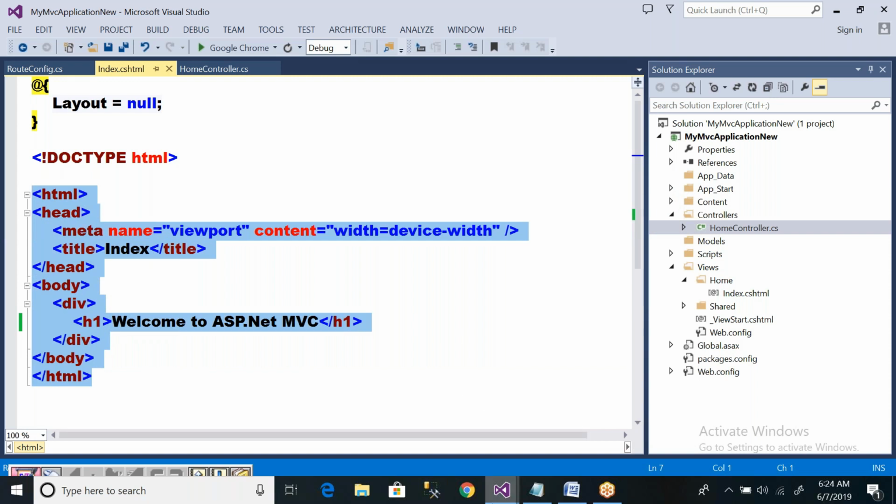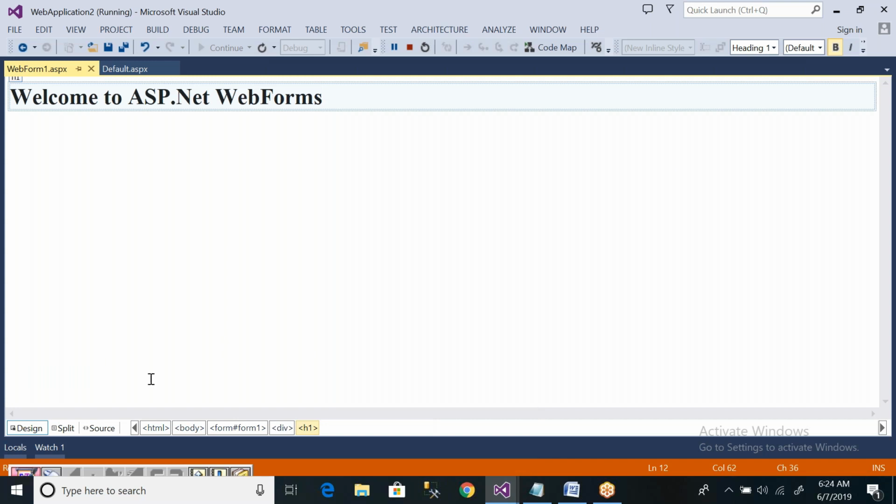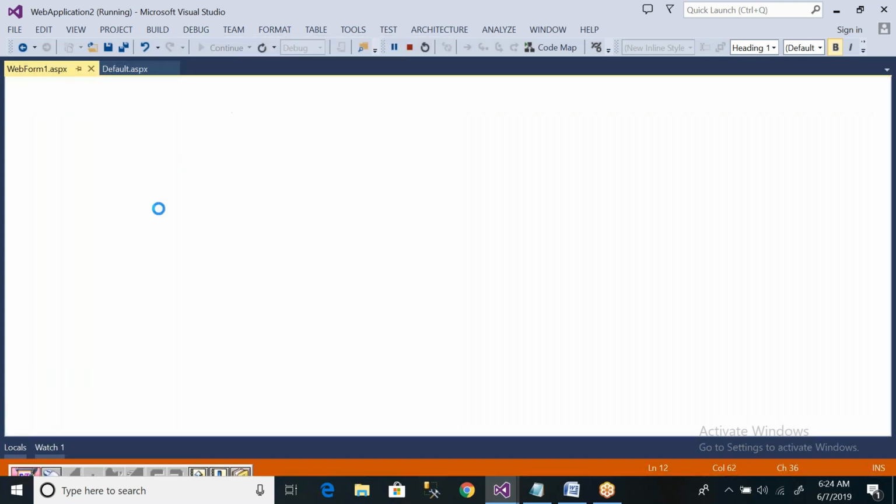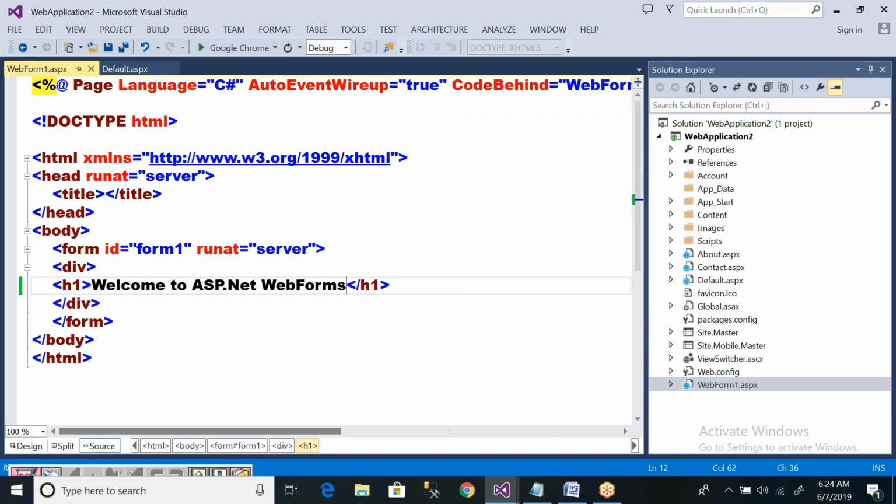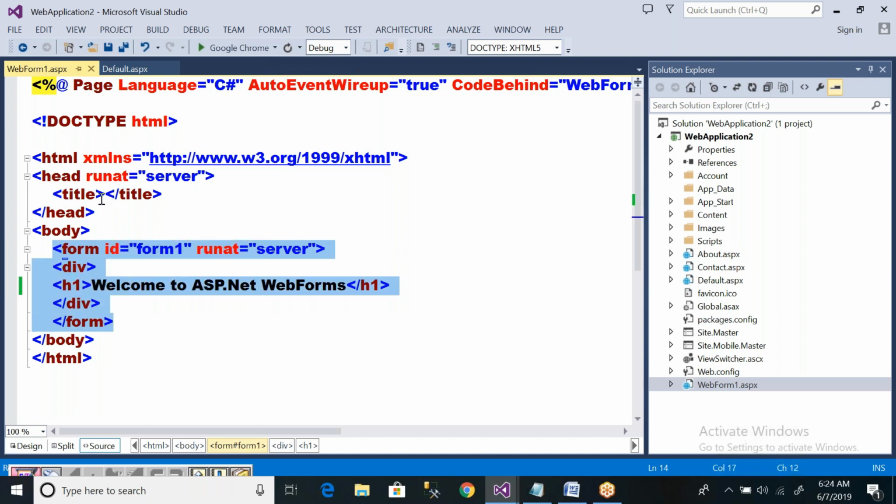But when you take your ASP.NET Web Forms application, you can observe the source code will contain an attribute called runat equal to server. The form is runat equal to server. Are you clear? Here head is completely runat equal to server. Whenever runat equal to server, it means server side code. Again, it has to be converted into client understandable code.